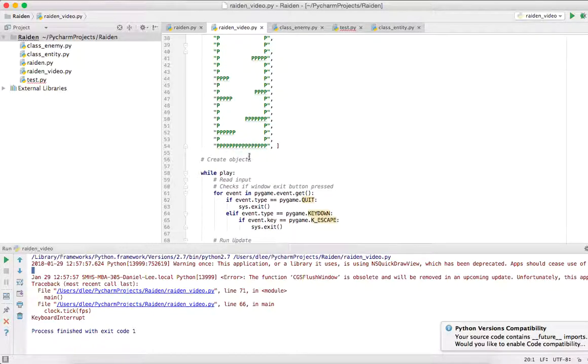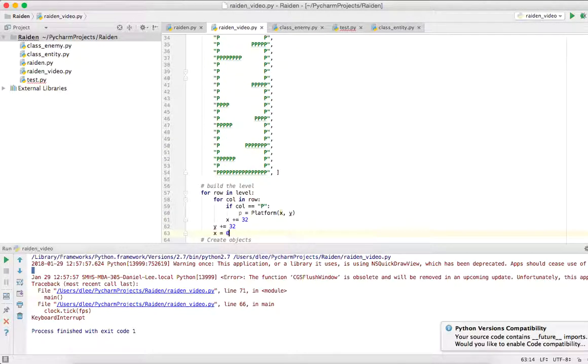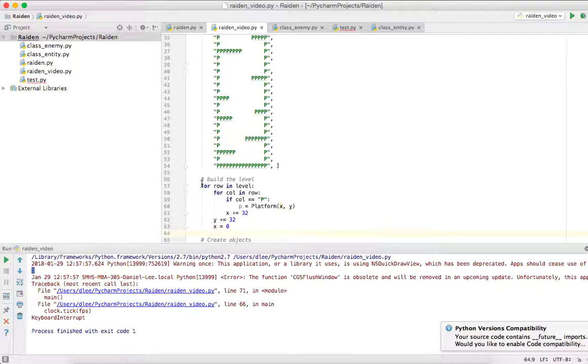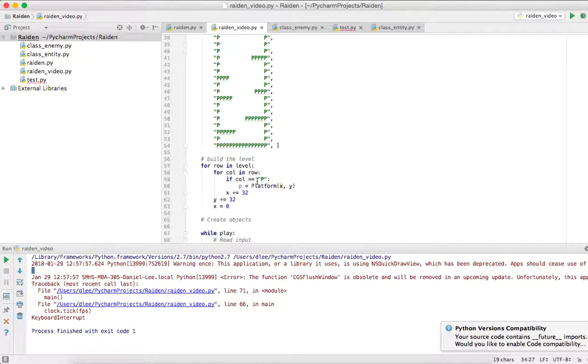Okay, so here we have our level, and now we're going to iterate through our level by adding this nested for loop. All right. So how does this for loop work? Well, for row in level, that means row is going to be equal to this element first. Then it's going to be equal to that element on the second iteration. It's going to be equal to the third element in the third iteration, and so on. Right? So let's pretend we're in the first iteration. Row is equal to the string